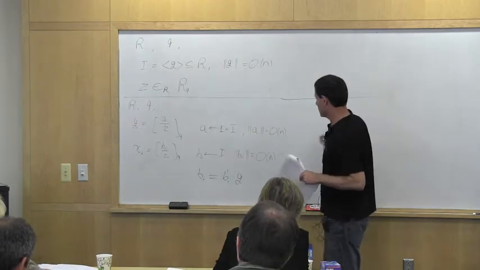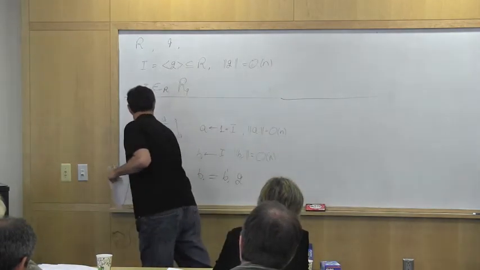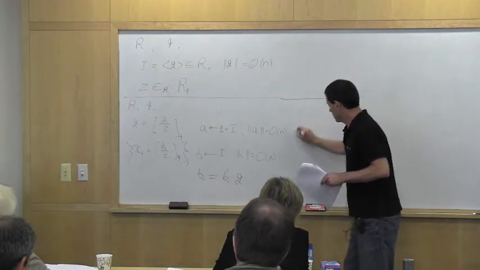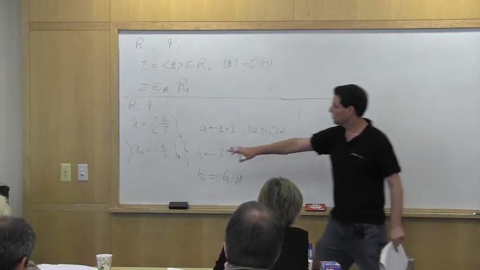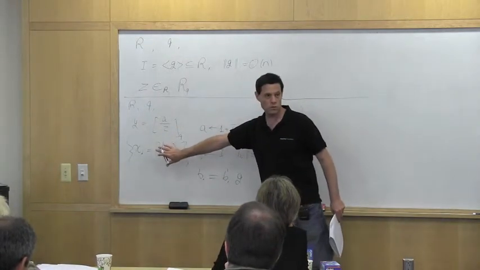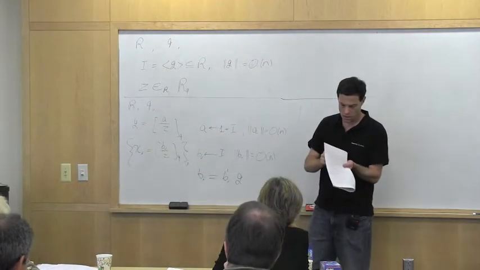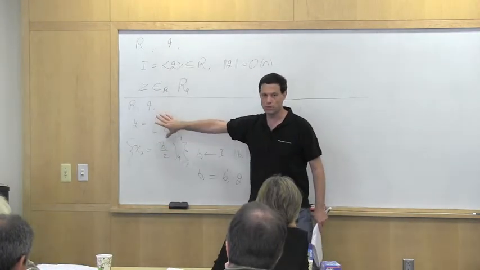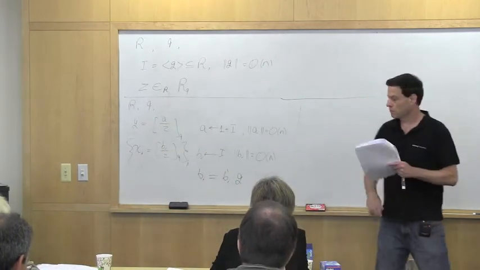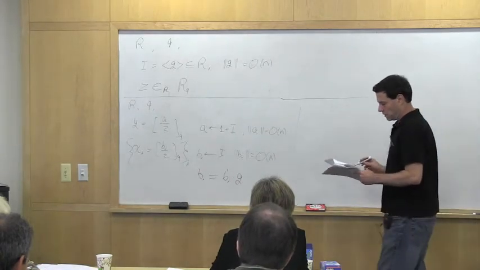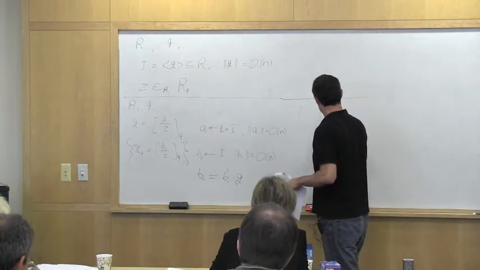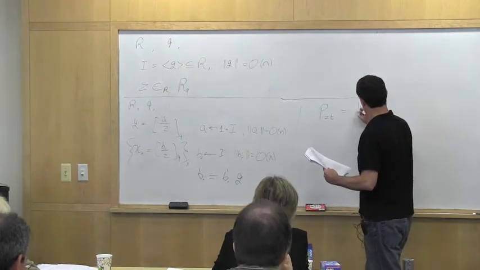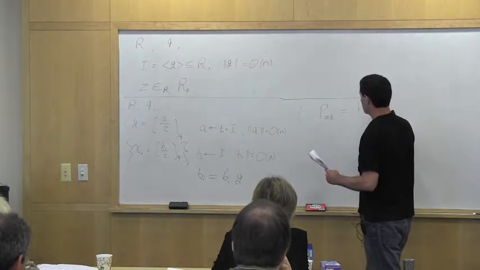So the attacker has these. This is an encoding of 1, and many encodings of 0, and the reason we need all of these encodings of 0 is to break this algebraic structure. You don't want to just be multiplying by y, you'd be multiplying by y and then adding encodings of zero. And finally, you have the zero testing parameter, which is of the form h v to the k